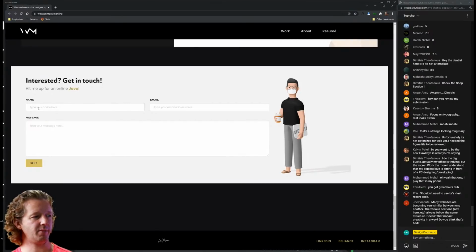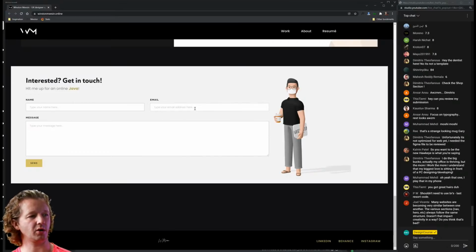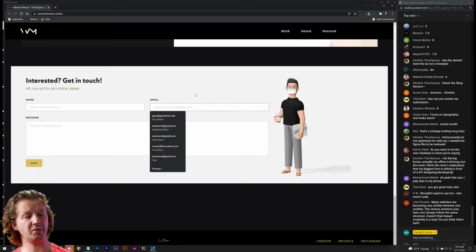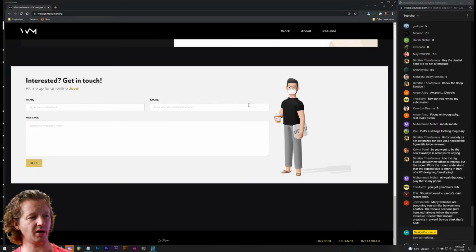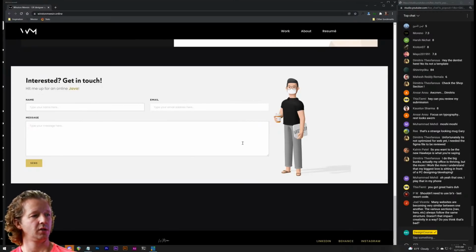Also, name, and then the placeholder value of "type your name here", I would get rid of that. You don't need that. Also, I see you did a stroke; you can make that maybe a 2 pixel stroke on there to make the focus state a little bit more obvious. And then also do a max width on this column because these are real long on this viewport.